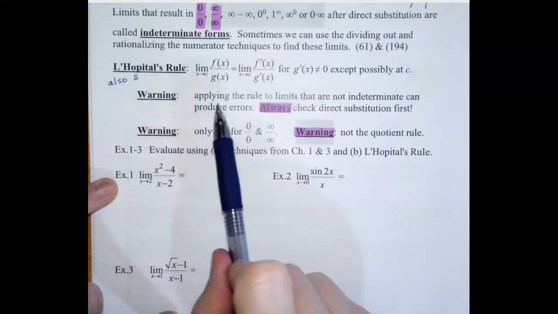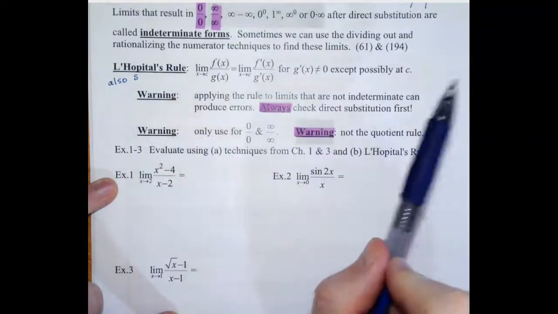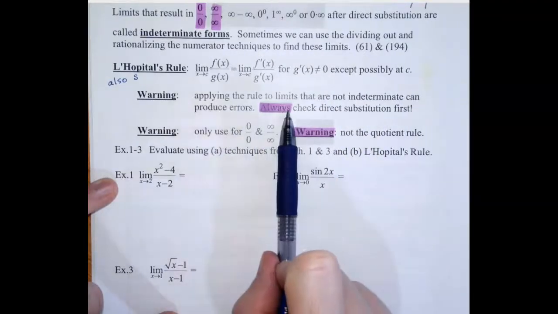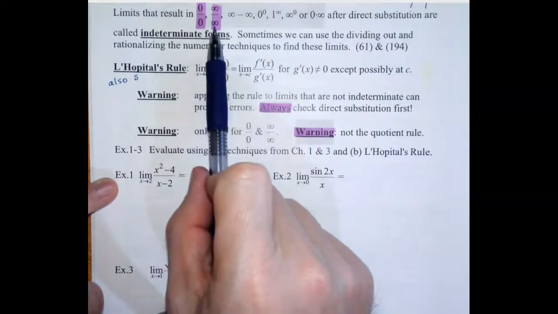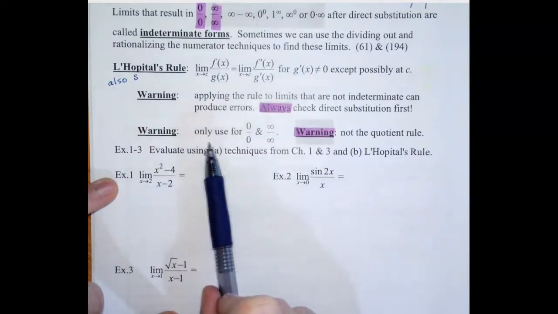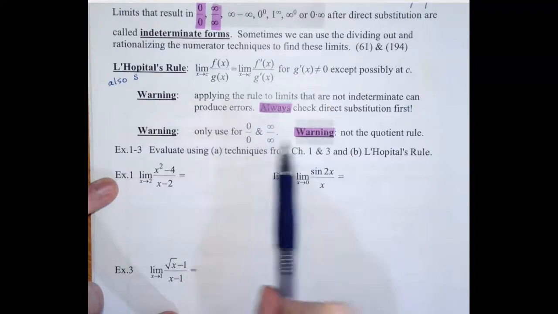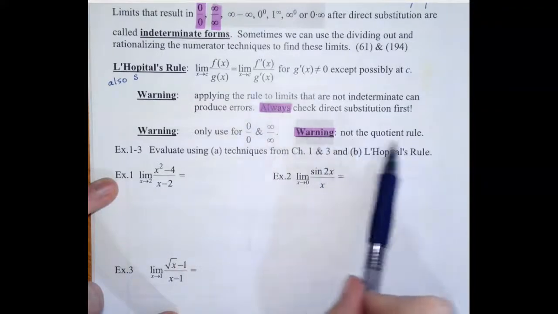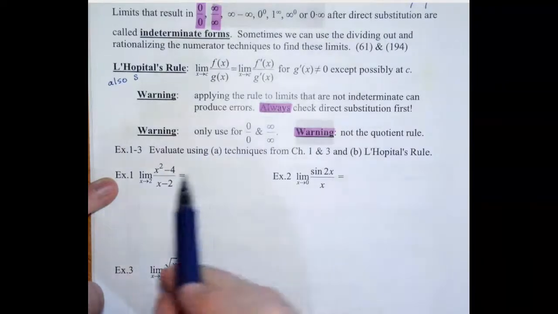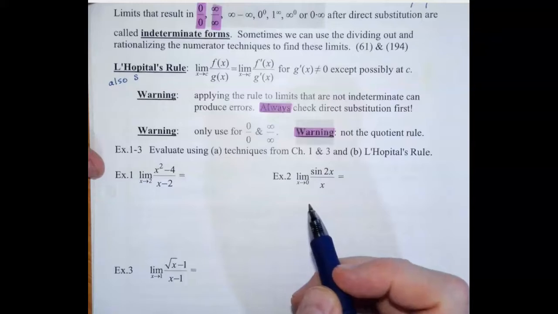So when you do this, if you try to use this rule all the time, you may get something that's wrong. So always check direct substitution first and make sure you get one of these. So it's going to be a two-step process. And the second warning here is, this is not the quotient rule. So when you see this, don't use the quotient rule on that when you see that limit in front of there. Okay,